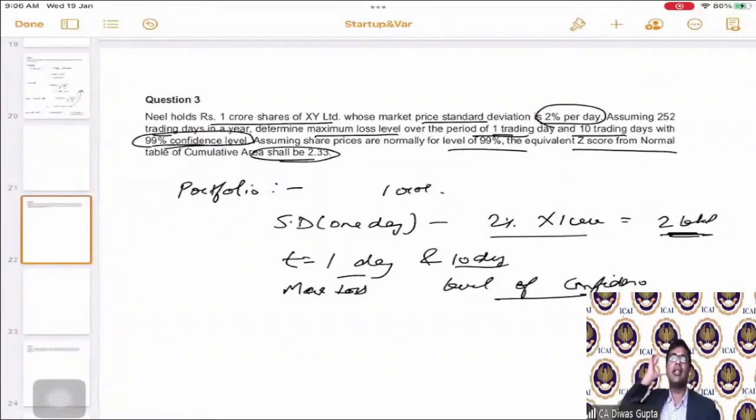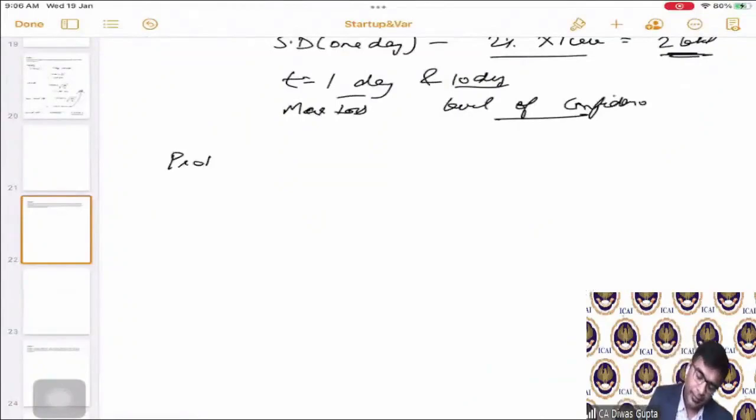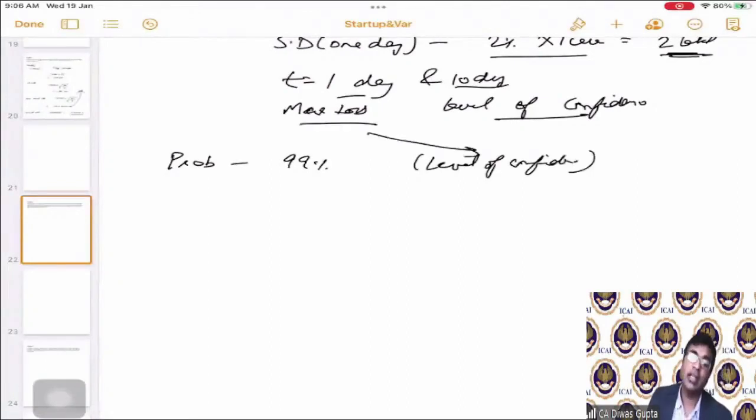So they have given you the Z score as well. They have given you the probability, 99%, which is the level of confidence. Since we are talking about the maximum loss, we have to see the level of confidence. Probability 99%, Z score 2.33. Even if they have not given this,